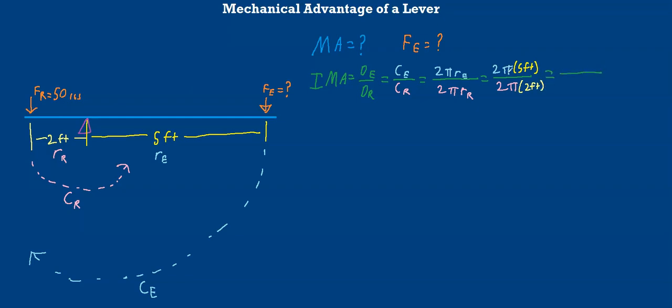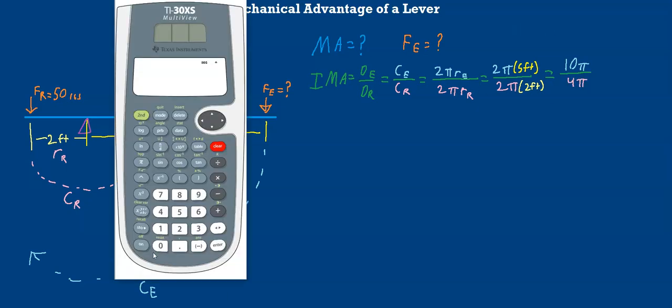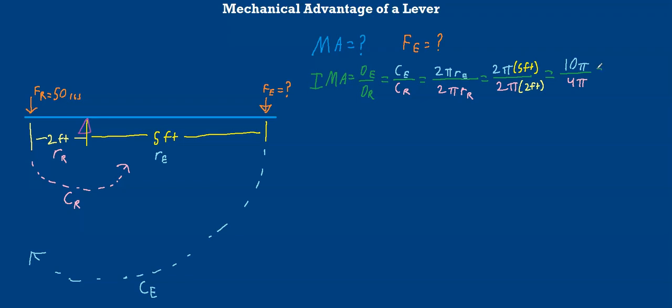And we can simplify this. 2 times 5 is 10, so we can write 10 pi on top. And then we know 2 times 2 is 4, so we can write 4 pi on bottom. Then to simplify those numbers, let's go ahead and type it in our calculator. 10 times pi, so 10 times 3.14, is just 31.4. And so we can say this is equal to